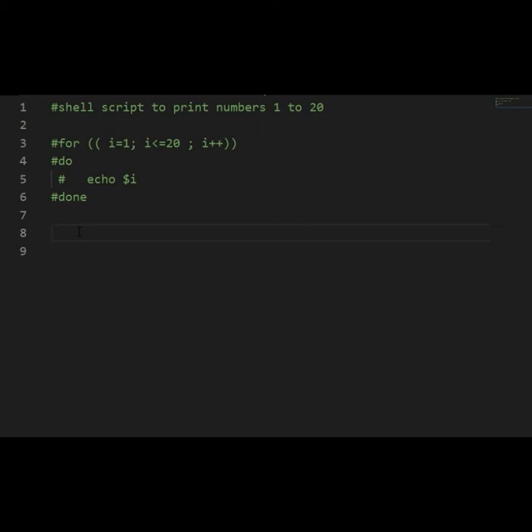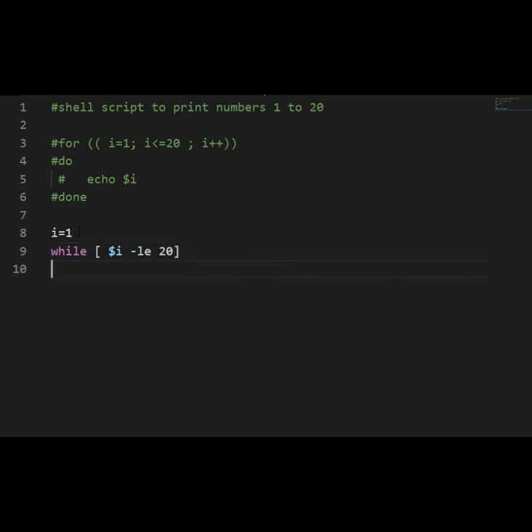The first step which we have discussed is declare a variable and initialize the value of variable to be as 1, and then check the condition using while condition, and what we are supposed to check is whether the value of variable I is less than 20.